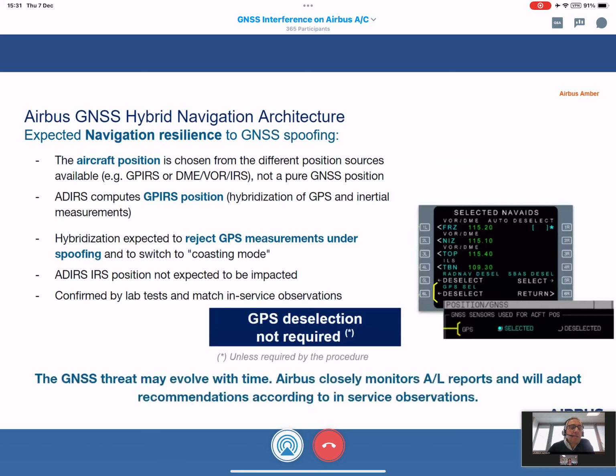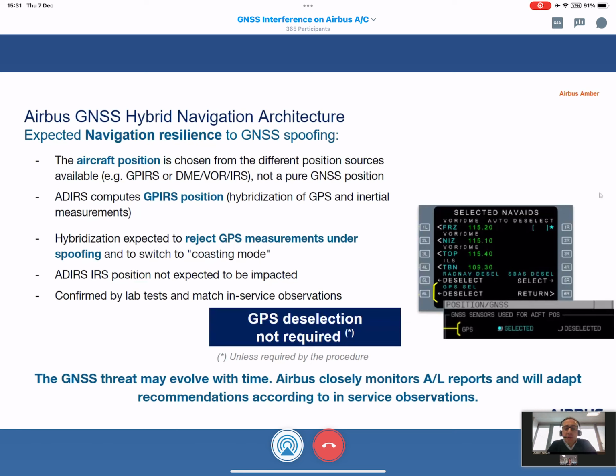So in this case, the performance of the ADIRs combining GPS inertia have always rejected the fake GPS measurement from a spoofer. And so, for this reason, as indicated by Laura, the GPS depth selection is not required.